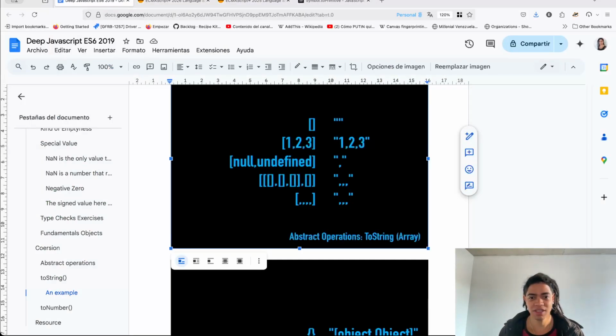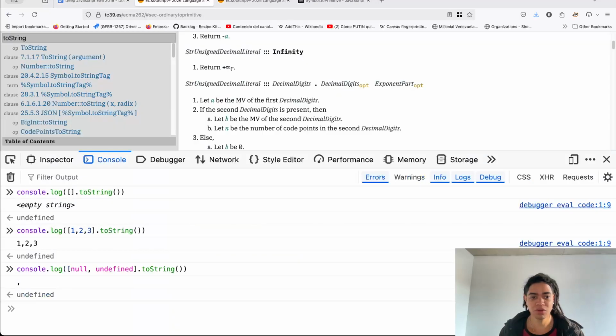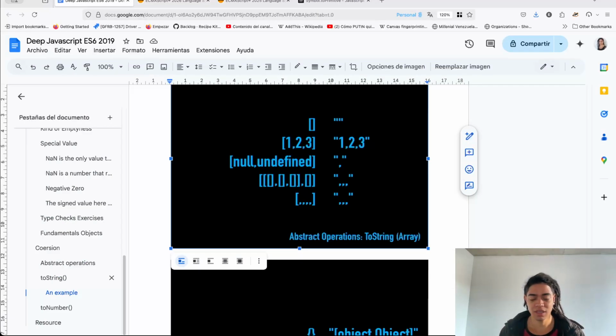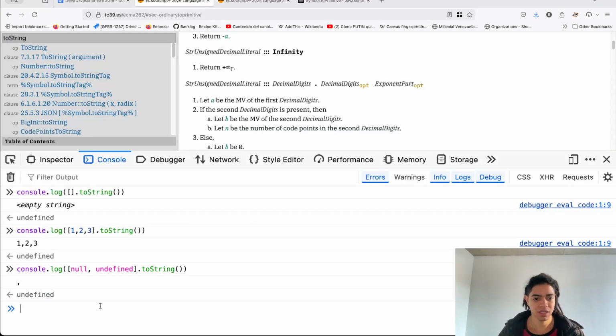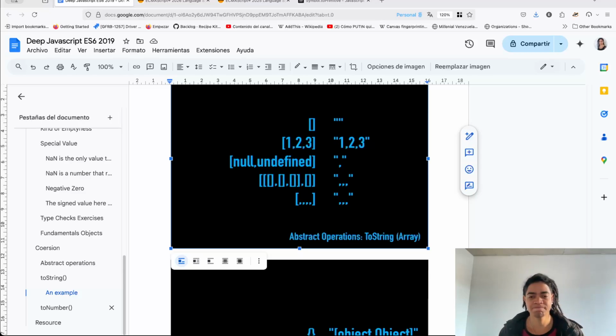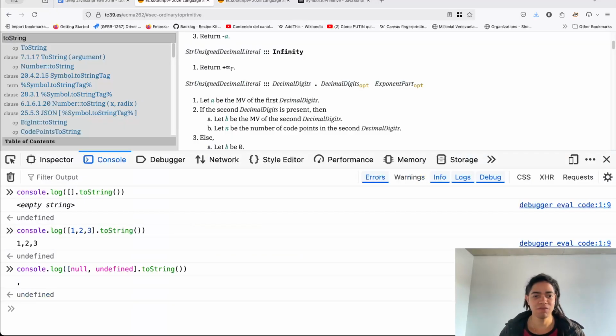And if you want to coerce now a, it gives you an empty string. You say empty string, and you say okay, good, okay, what the